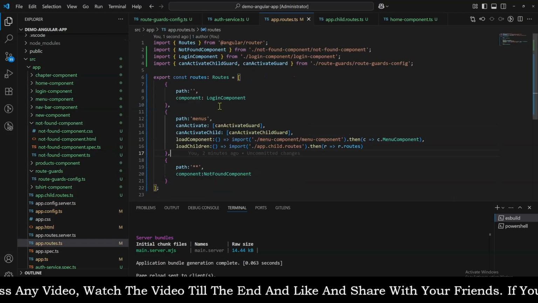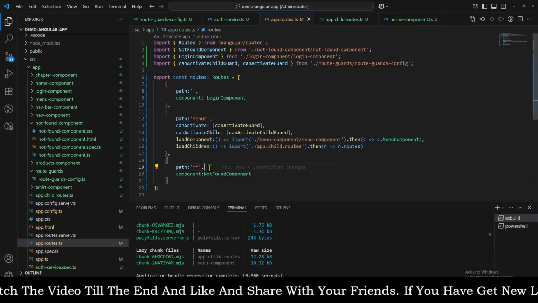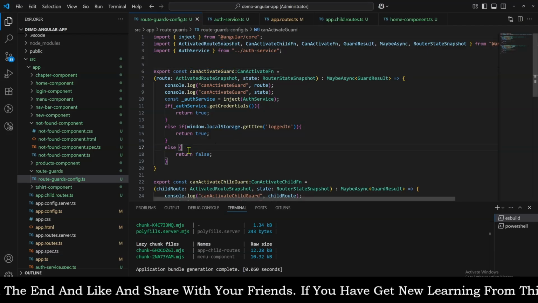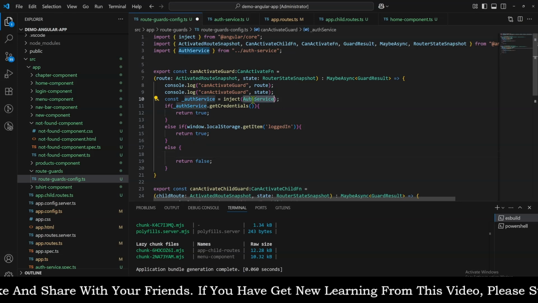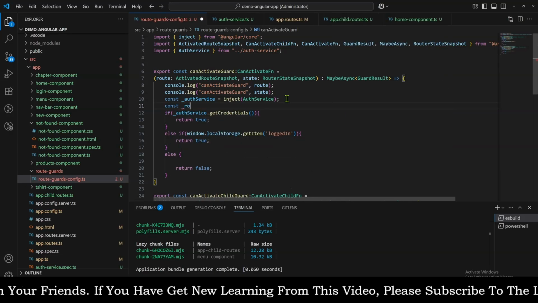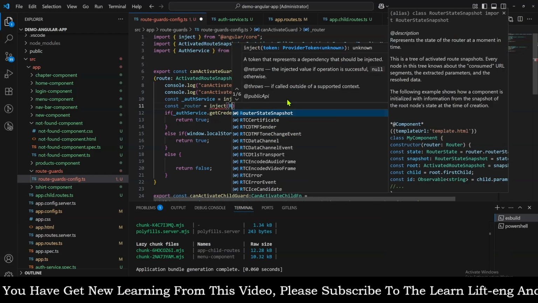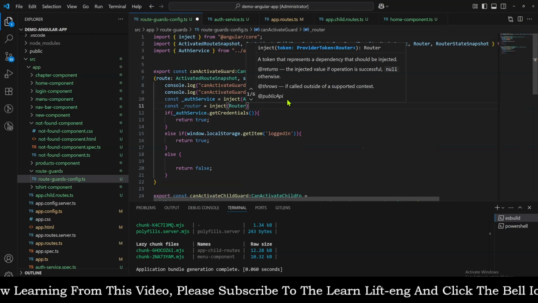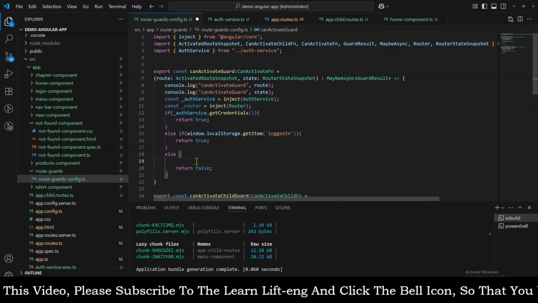Now in the app routes we do have this URL, right? The wildcard URL or the wildcard path. So what you can do in the CanActivate, we will need the instance of router as well over here. So let's create _router is equal to inject Router, from not express but Angular router. Okay, now we need to make use of this router's navigate method,